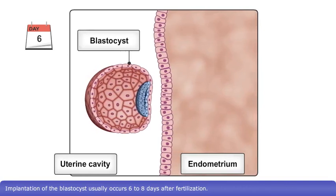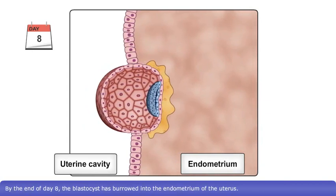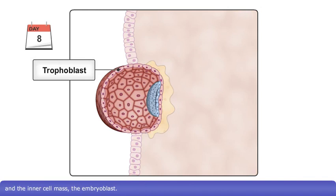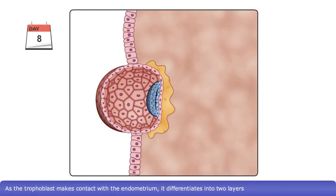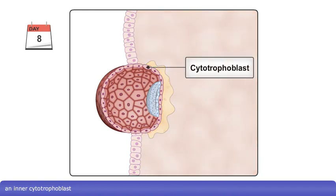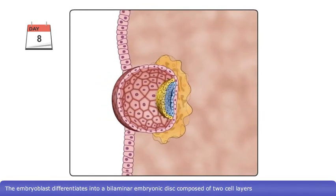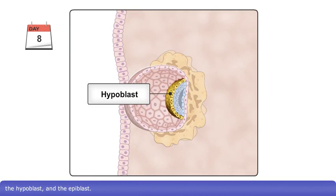Implantation of the blastocyst usually occurs 6 to 8 days after fertilization. By the end of day 8, the blastocyst has burrowed into the endometrium of the uterus. At this time, it is composed of two main components: the outer cell mass, the trophoblast, and the inner cell mass, the embryoblast. As the trophoblast makes contact with the endometrium, it differentiates into two layers: an inner cytotrophoblast and an outer syncytiotrophoblast. The embryoblast differentiates into a bilaminar embryonic disc composed of two cell layers, the hypoblast and the